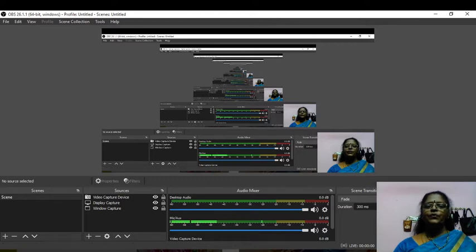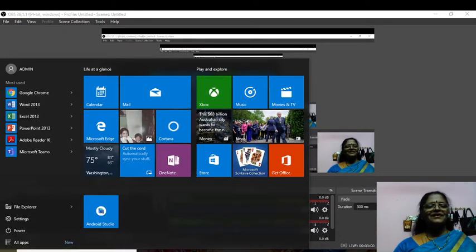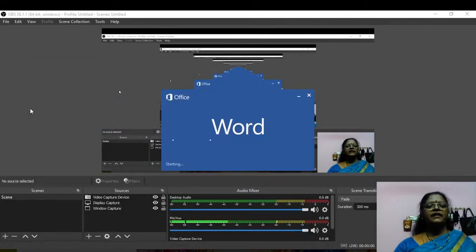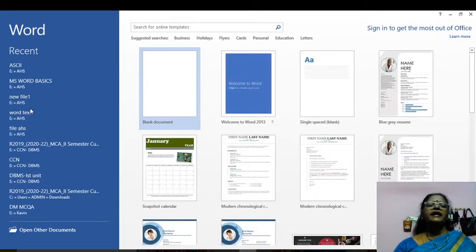In this video we will see about the MS Word basics. So now I move to the start menu. Here I choose MS Word 2013. If I click it, that window will open. On the left side, all the recent documents will be displayed, whatever I opened last time.